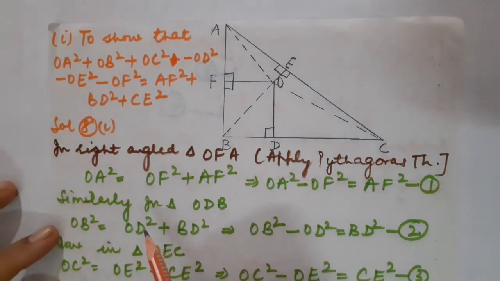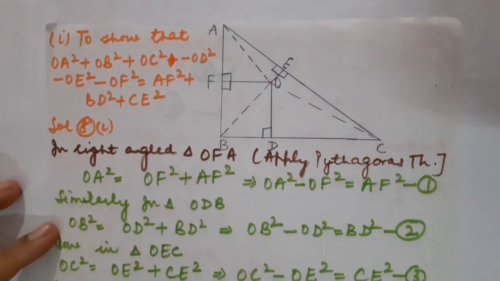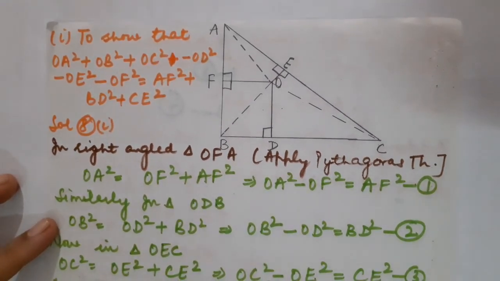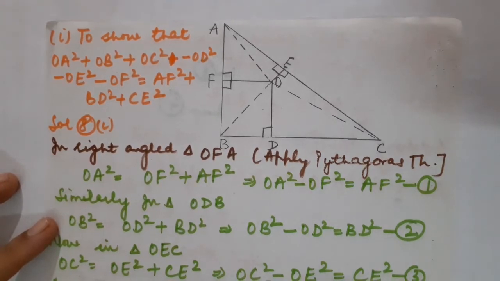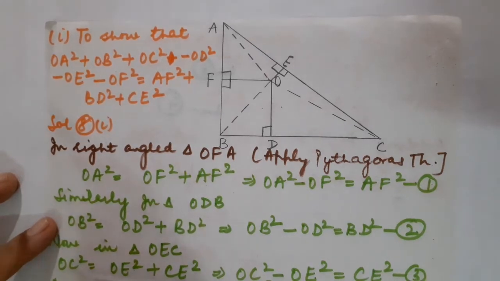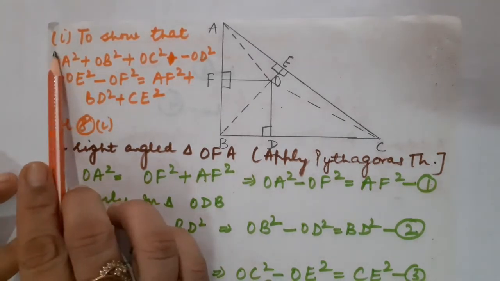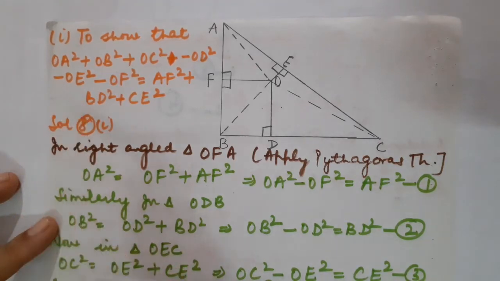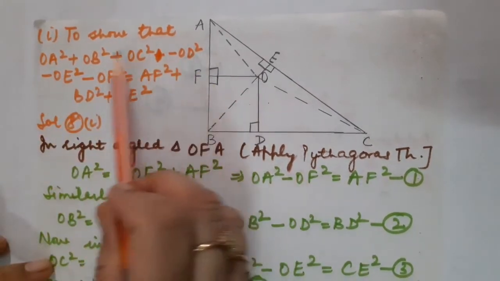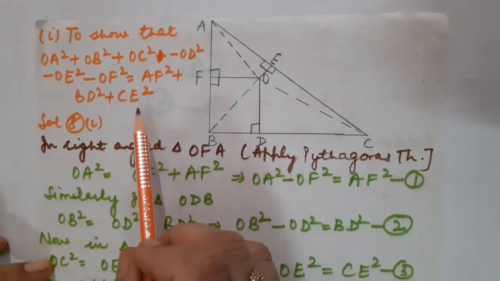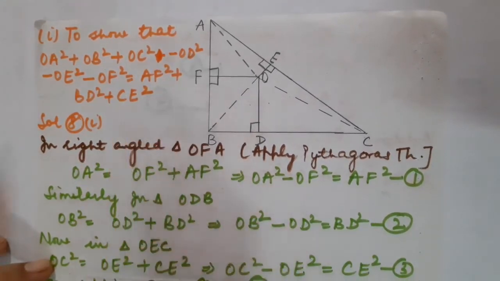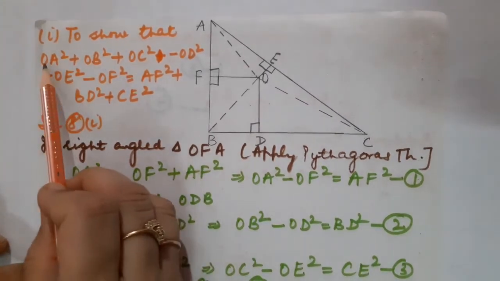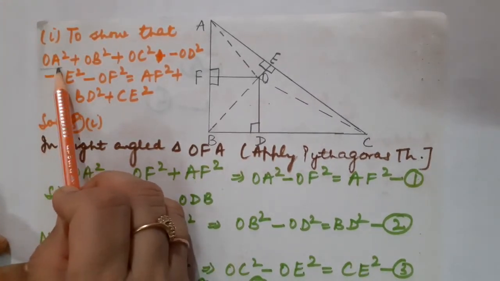How to prove part number 1? Children, do you remember whenever I took the questions based on Pythagoras theorem, or even the problems based on similarity of the triangle, I always told you that you should keep a watch on what is to prove, so that you will be capable to choose the right angled triangle. Now, this to prove will help me decide which particular right angled triangle will be my right choice. Fine. So this I have seen, OA square.